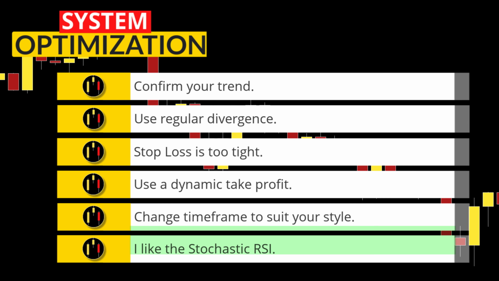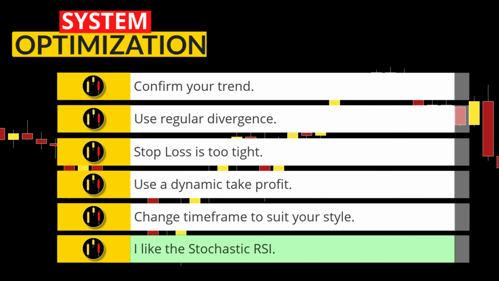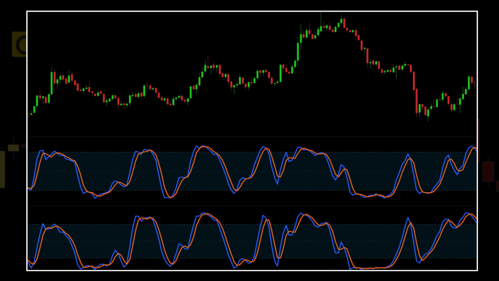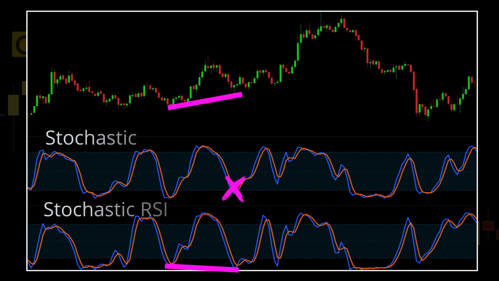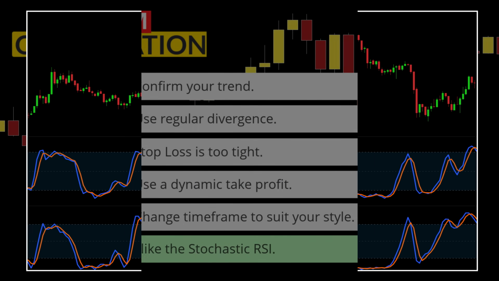Furthermore, and this is just my experience, but the stochastic RSI is usually more responsive to price action than the standard stochastic, especially when trying to spot hidden divergences. Here we can see the stochastic RSI gets you into this huge move that the standard stochastic misses. Sometimes it is good to use both, as I have shown before on other systems presented on the channel.